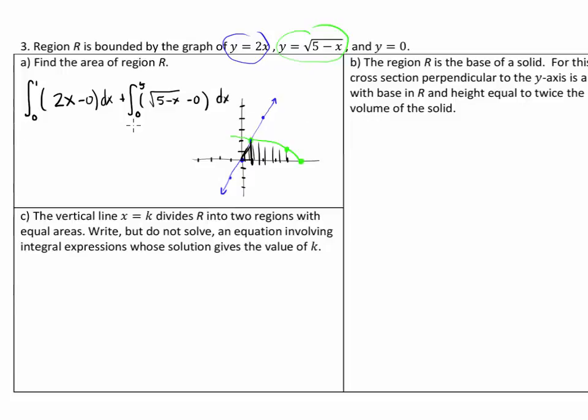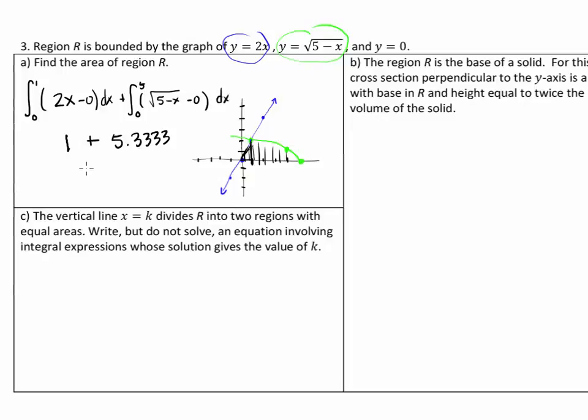Alright, for this first integral, I got just 1, which makes sense. I mean, look, it's a triangle, right? So the rectangle itself would be height of 2, width of 1. So that's 2, cut that in half is 1. That makes perfect sense. And then this region over here, I've got